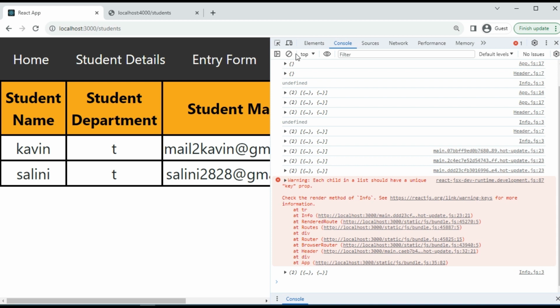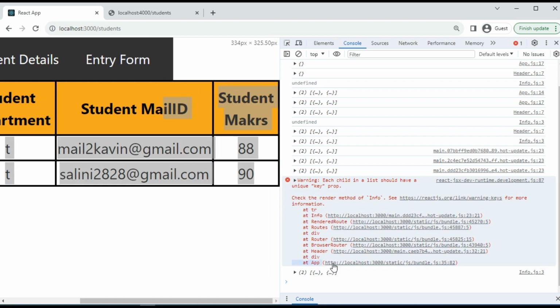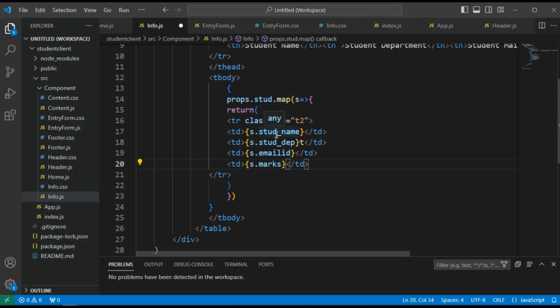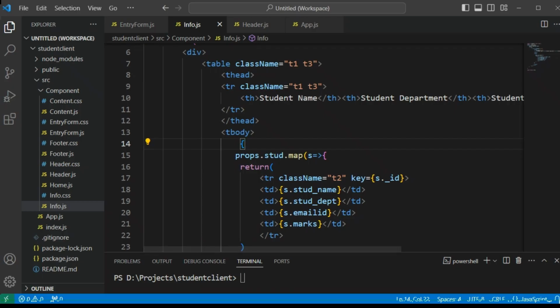See here we have all our data. Only 2 student data have been stored in our database, so those students are retrieved and displayed in the table, okay? Now we have save the changes and go to browser. Props.student.map is not a function. So we are getting this error because we have students, right? Student,